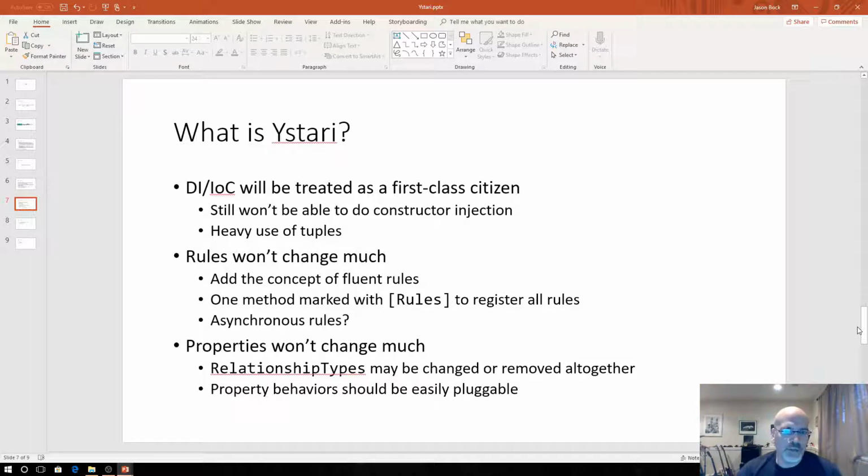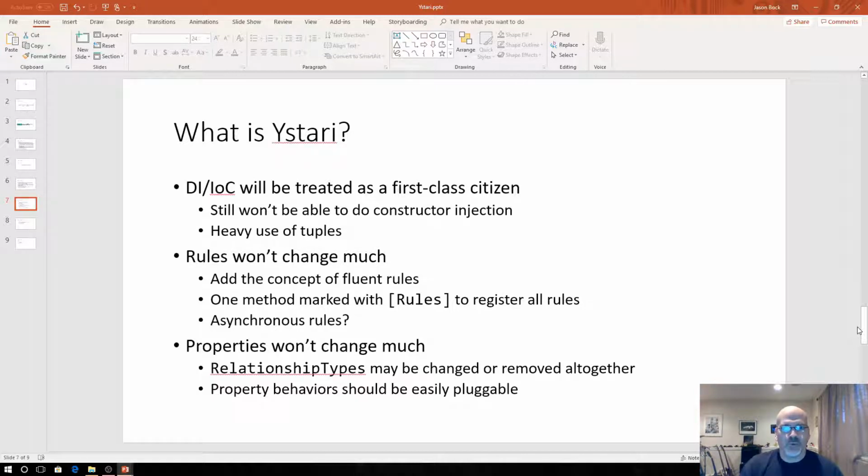The rules won't change much. We're thinking though, a friend of mine we've talked a lot about CSLA with created this concept of fluent rules based on what's currently there in CSLA. So we may put that in as something that's just native to the framework. We're also going to change something. Right now in CSLA, there's this add business rules and then add authorization rules or something like that. And one is a virtual method and one is a static. And what it really comes down to is